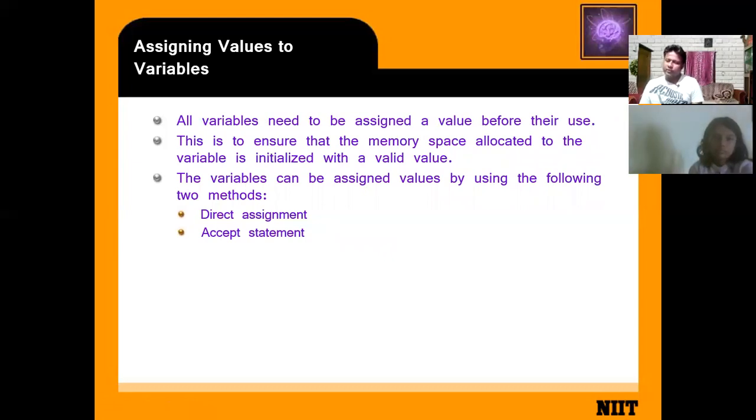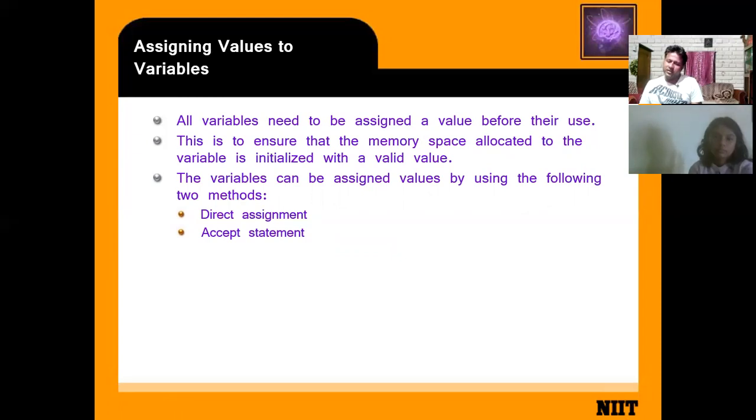Before you use the variable, you have to assign some value. This is to ensure that the memory space allocated to the variable is initialized with a valid value.